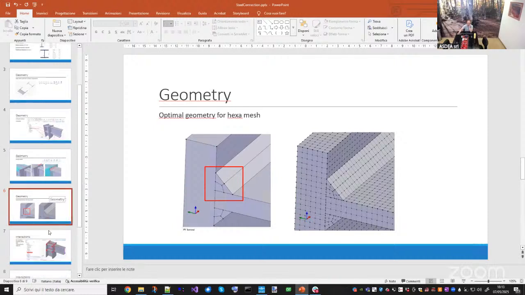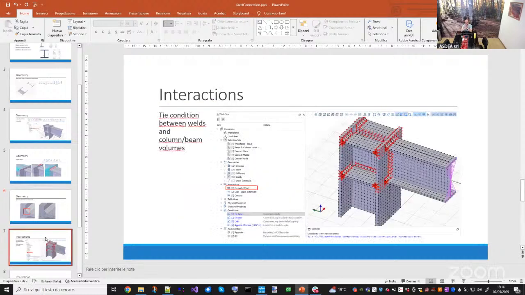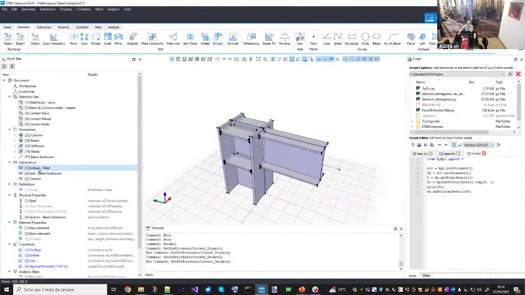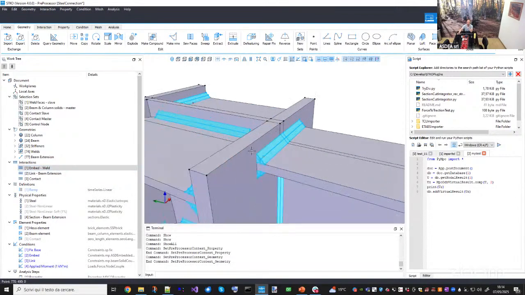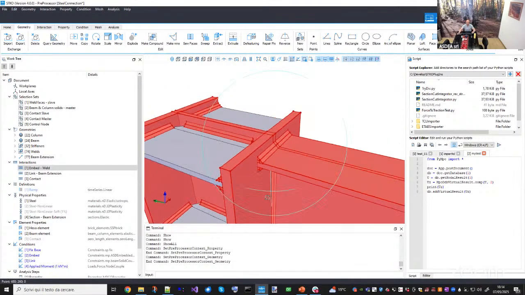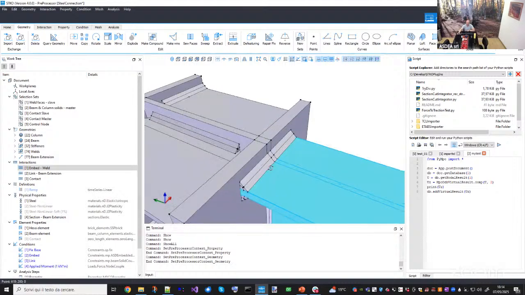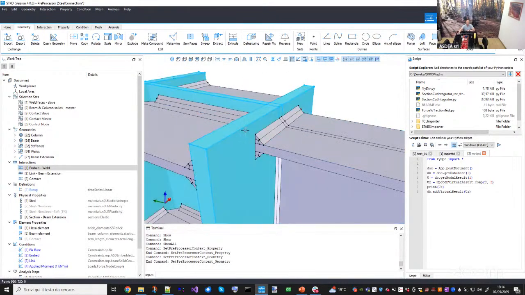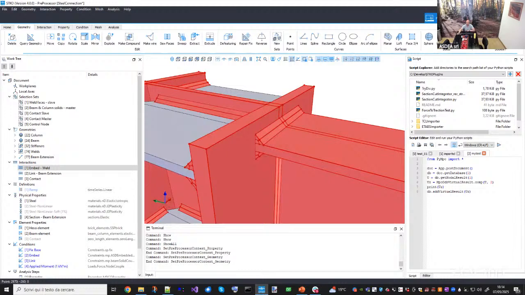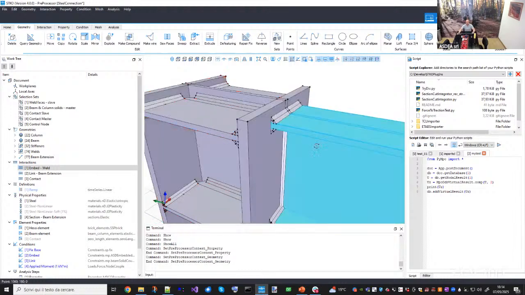So once you're done with the geometry, you just need some way to put them inside an assembly, so to make them work together. And here we have 3 interactions, as you can see here. The first one is called embed weld, because we need a way to attach the weld geometry either to the beam or to the column, okay? Why? Well, there are actually 2 options to do this. One way would be to take the column, the beam, and the welds and do a Boolean operation, okay, like the merge or the union. The point is that in that way,